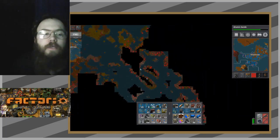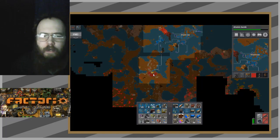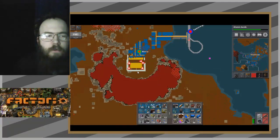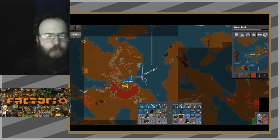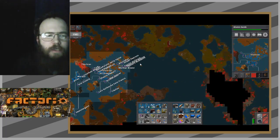I still want to conquer this place, but I've been thinking about it more and more, and we're actually running lower and lower on ammo. Believe it or not, the ammo is not holding out at all, despite how much I made and how much I'm making. The sheer volume of enemies is just ridiculous. So I don't know. I'm actually thinking of constructing my own island, shaping it to my desires, and making it